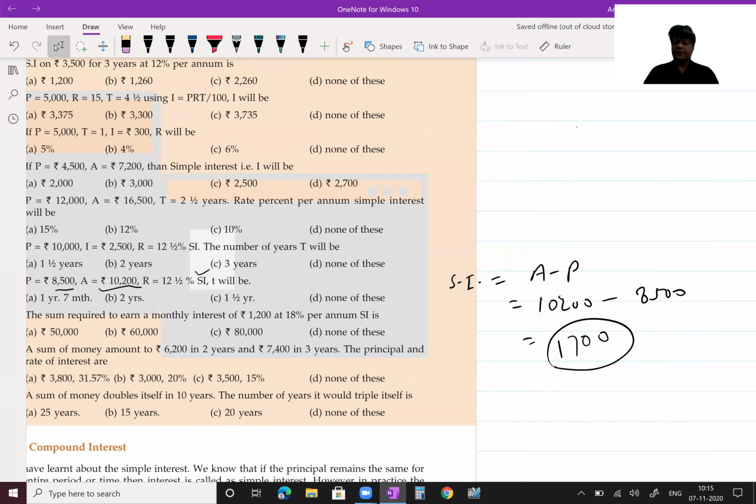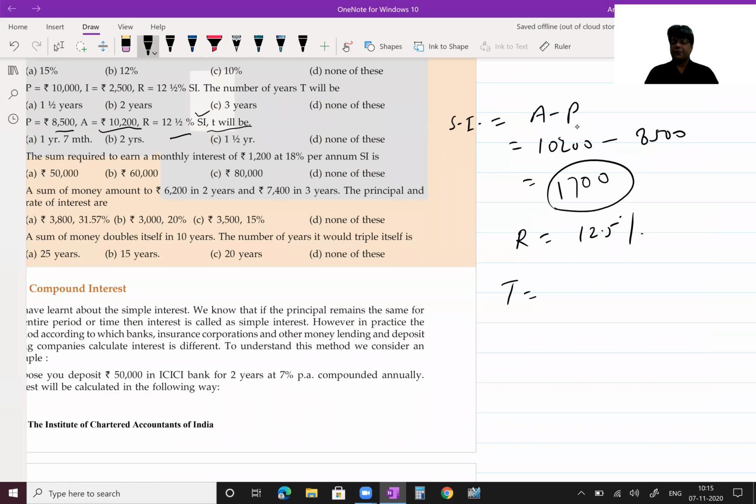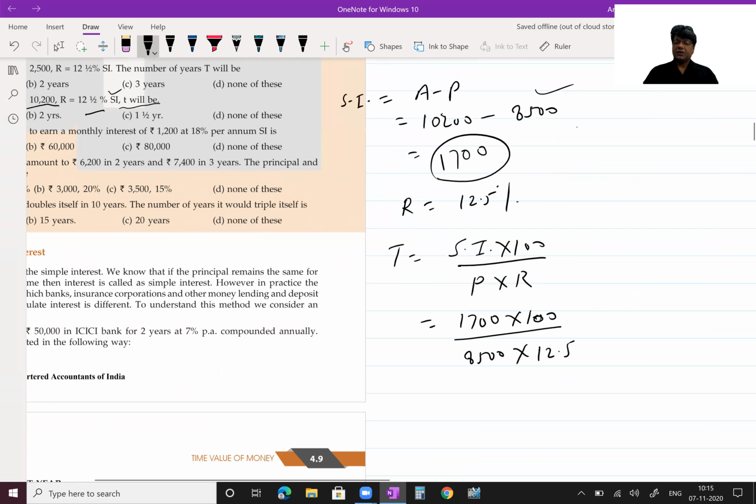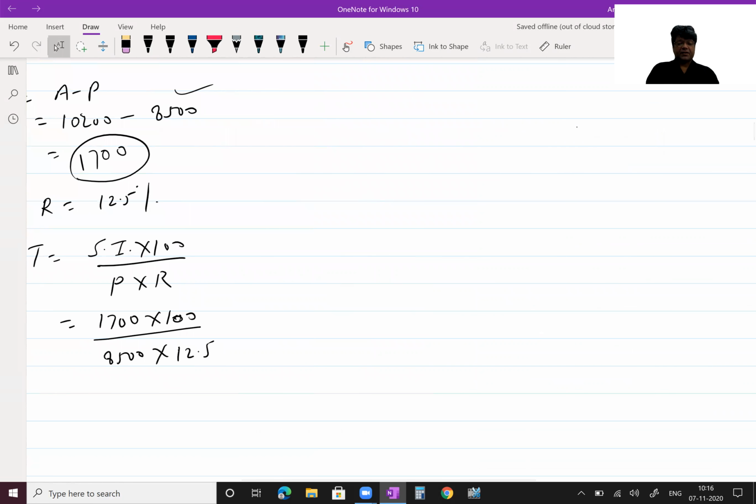Rate is given 12.5%. That is 12 and a half. Question is saying T will be, time they are asking. So time calculation formula is what, guys? Simple interest into 100 by principal into rate. Your simple interest how much here? 1700 into 100 by principal. Principal amount how much? 8500. 8500 into rate. Rate is how much? 12.5%. So if we use calculator, this is equal to,